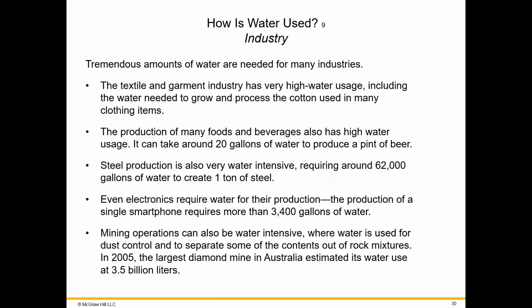Now, in the industrial aspect of water usage, yet again, a lot of water is used. Here are some of the examples, and I've already talked about them: textile and garment, the production of food and beverages into packaging, steel production for cars, for buildings is very water intensive. As you can see, 62,000 gallons to create 1 ton of steel. Even electronics requires water for production, and mining operations is really, really water intensive because you use